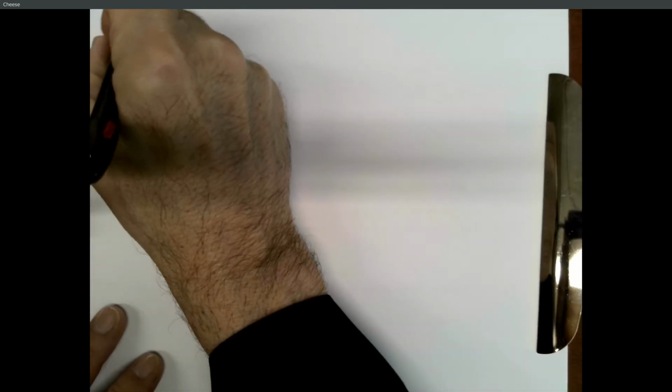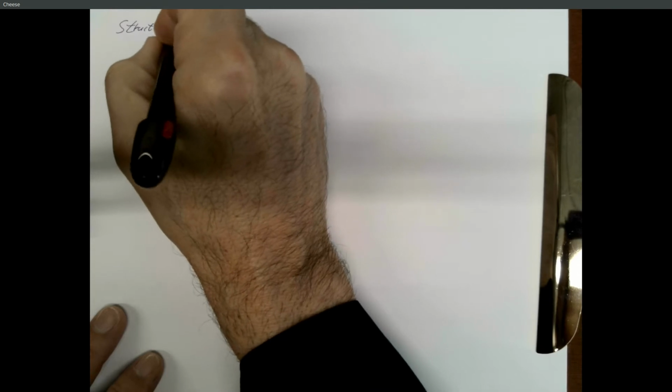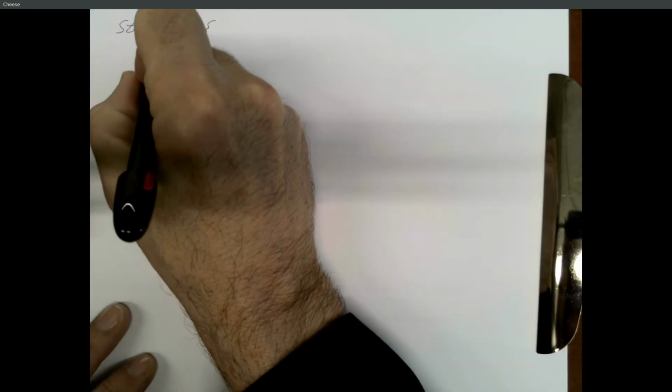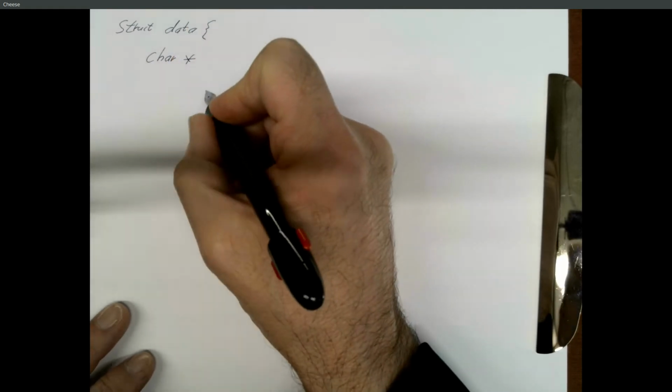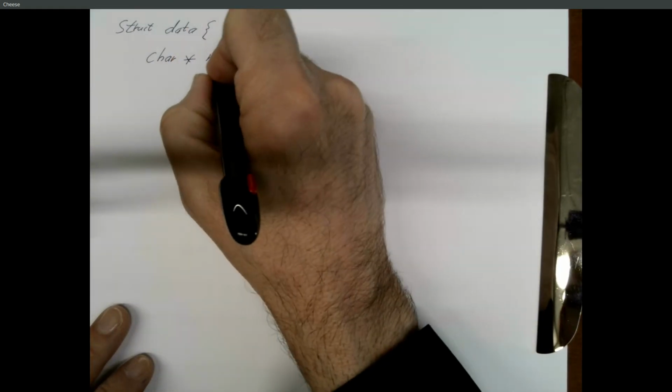So struct is the keyword. Data is the name of the structure, and then we list the fields. First field was a string called name with no predefined length. You can't say char name[10], that limits you to 10 characters. So the only way to make a general string without fixing a length is to say char *name. But remember, that declares name to be a char pointer, but it doesn't give it a particular place to point. So in our structure, the string isn't given a length. How does that allocate enough memory? It doesn't allocate any memory.